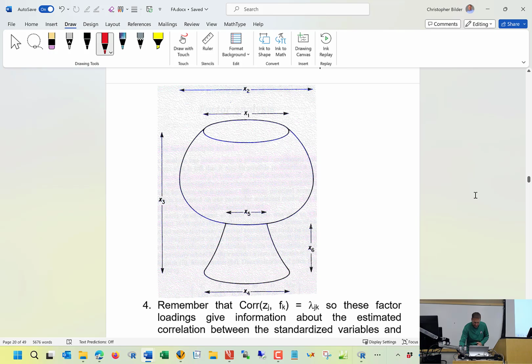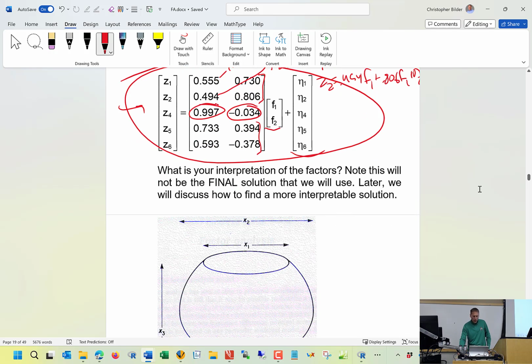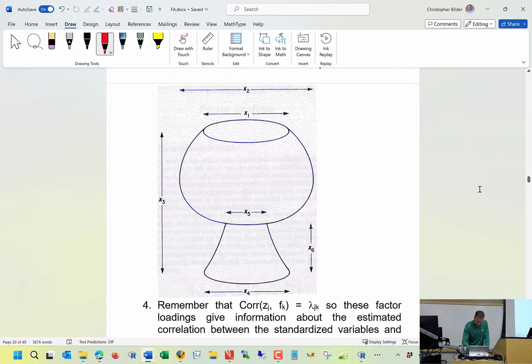Just verify that. I'm sorry, excuse me. Z4, maybe I misspoke before. 4 is the width of that base. For some reason I thought it was this one here, but no, I was wrong. So 4 is the width of the base. And so